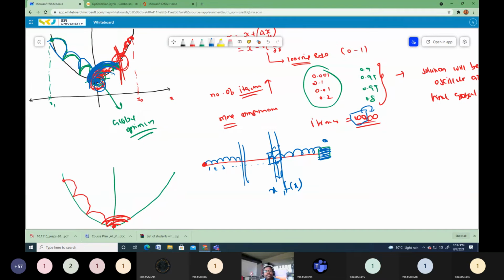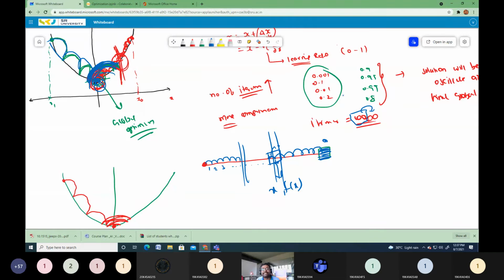Choosing a lower learning rate is also a problem, and choosing a larger learning rate is also a problem. So you have to tune it. The learning rate is one of the hyperparameters in machine learning. If your model performance is not good during the training process, you have to tune the learning rate between 0 and 1. If you choose a very small value, that's a problem. If you choose a very large value, that's also a problem. You have to tune it.